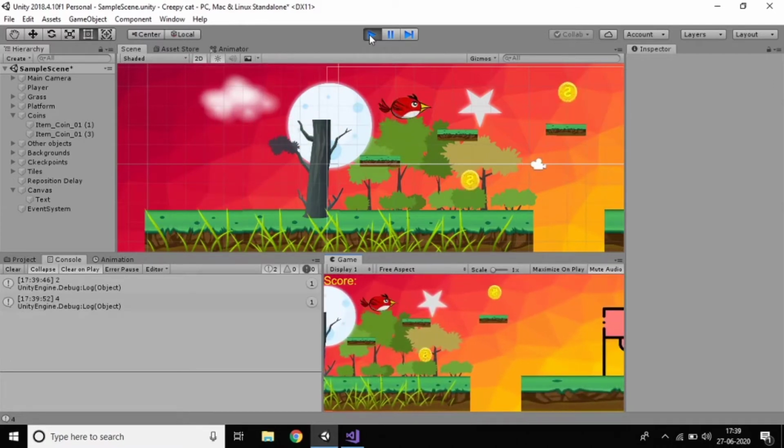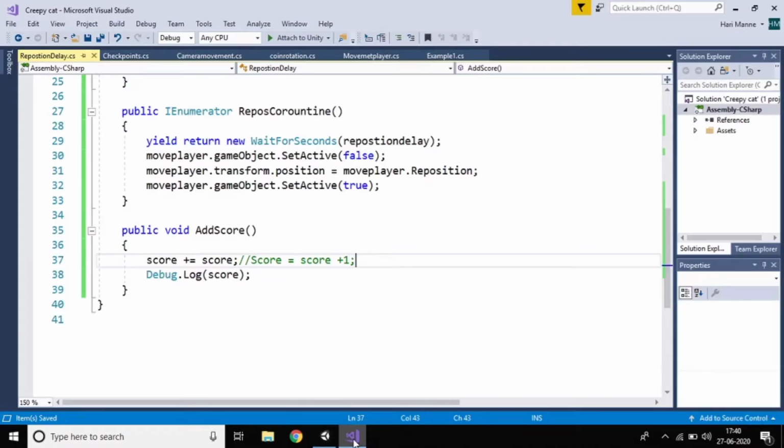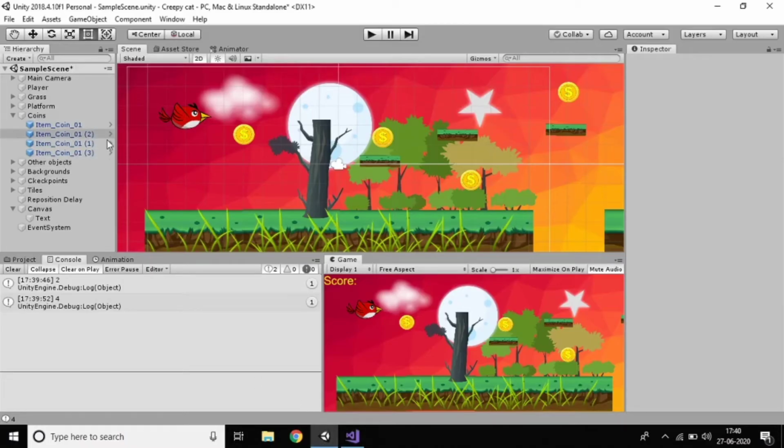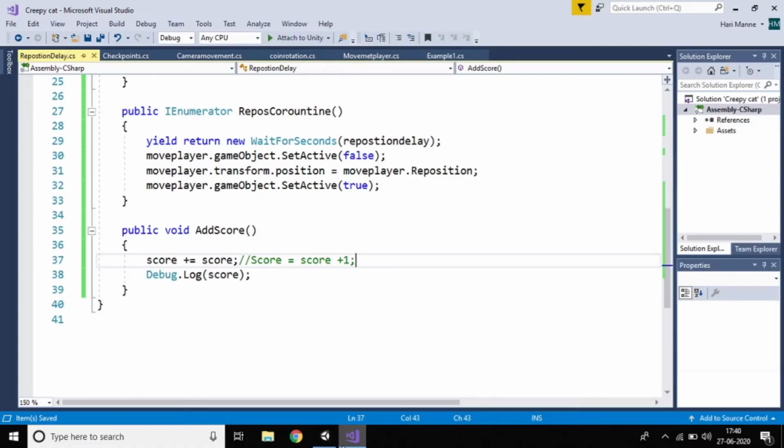Yes, because it's increasing 2 times, each value is 2, plus 2 is 4, plus 2 is 6, we're getting it like that, right? So if you want the score to be only 1, just go to respawn delay and give it here, think whether it's increasing only 1 time or 2 times, I don't know that.